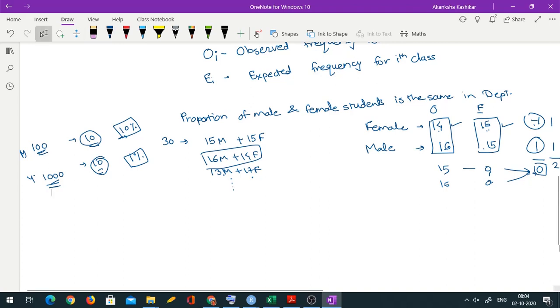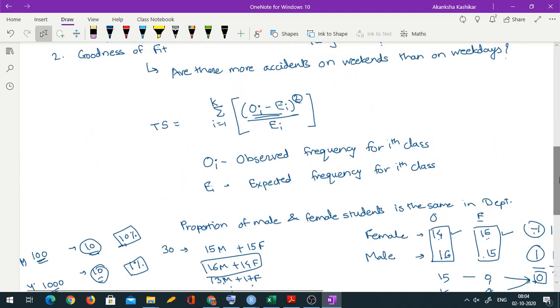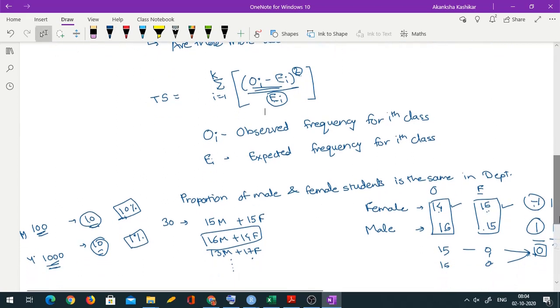So that is exactly the purpose of having this EI in the denominator. So you see the square difference and you scale it by expected frequency. So kind of out of how much this is this much different. And you do it for every class, you add, and then if that number is too big in some sense, you say you can't say that OIs and EIs are more or less same because the difference is too big. If the number is pretty small, we will say the difference between OI and EI is not that big, so we can probably accept the null hypothesis.